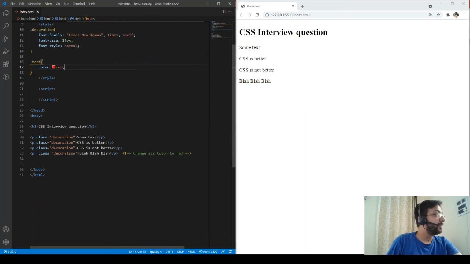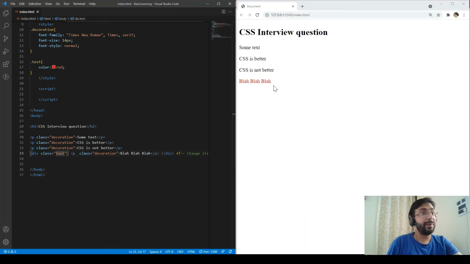Okay, save it and come back. Now there are two ways, so I'll do the first way now. Create a div, put this p inside the div and add the class to this div. If I add the test class, automatically the color is changed. This is a better answer compared to what I answered. So this is another way you can change the color of a p tag: by adding a div and then assigning the class. I have added red to this particular class so that other p's are not affected. So this is the second option.